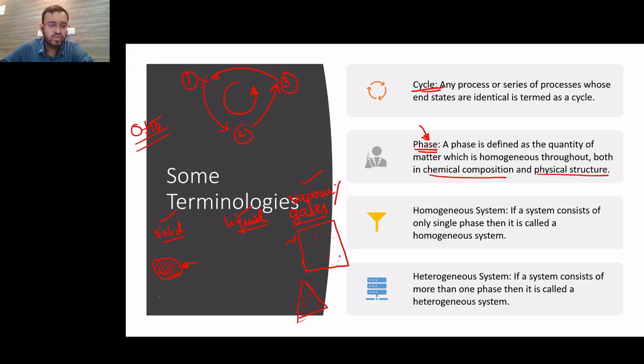All right. Now in a solid phase, what happens is that your molecules are bound together by bonds. As you heat it up, what happens is that there occurs something called a phase change. You move from solid to liquid and liquid to gases. In the liquid phase, these molecules can move relative to one another. So in the solid phase, the molecules are locked. In the liquid phase, they can move relative to one another.